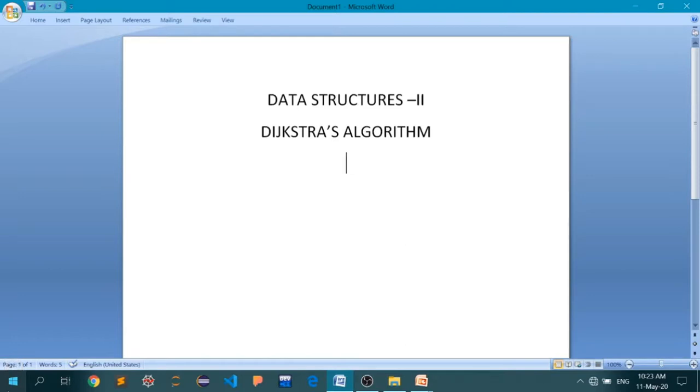In this particular video lecture series, we are discussing the subject called Data Structures 2 or Advanced Data Structures. From the last lecture, we have started the discussion of Dijkstra's algorithm, and today I will try to conclude this topic. From the next lecture or so, we'll try to move on to the next unit. I think we have devoted enough time and resources to this unit, and we have covered each and every topic. So let's get back to the Dijkstra's algorithm PPTs.